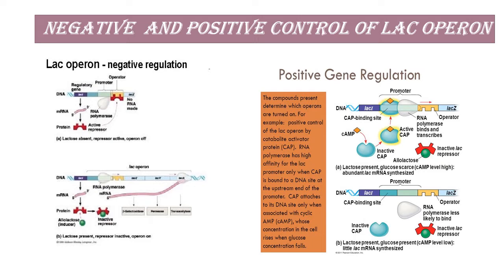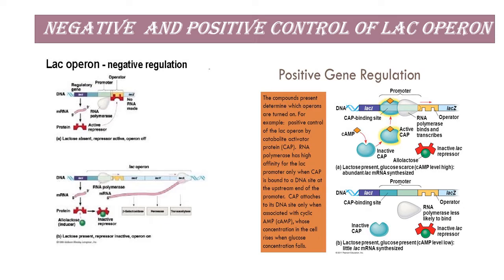As we can see here in this picture, there are two diagrams: one is the negative regulation and the other one is the positive regulation. So now let's talk about the negative regulation. In the negative regulation, in absence of inducer, that is allolactose, the protein binds and inhibits